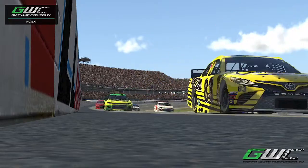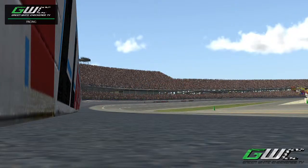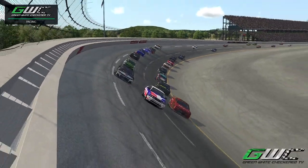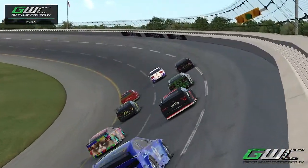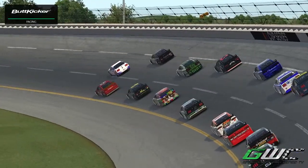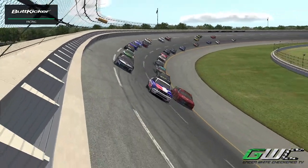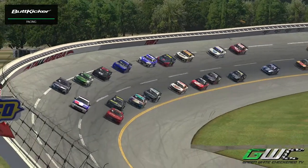So I'm curious to see what we'll see here, though, Dale. I see some potential for maybe not the double file like we see at Daytona, where someone's going to try to say, you know what, I want to break up that team up front. We want to try to get to the top. We're going to go 3 wide, push hard, and see if we can break that group up front up. Yeah, absolutely. And if you can get a good highline draft group working,